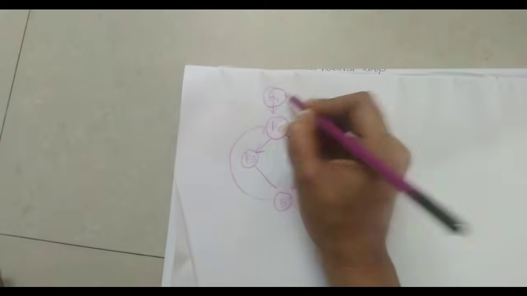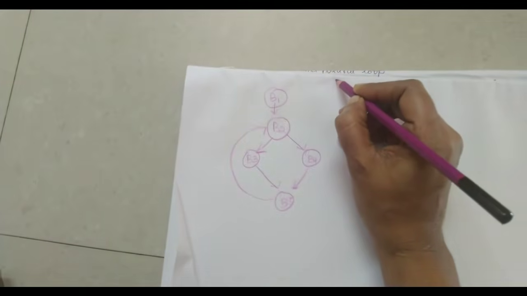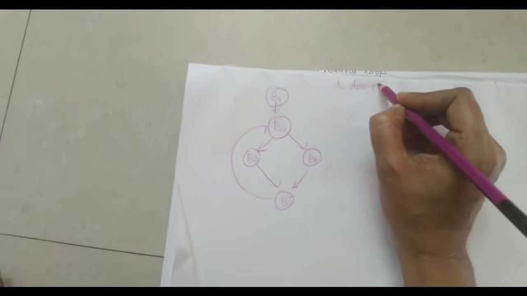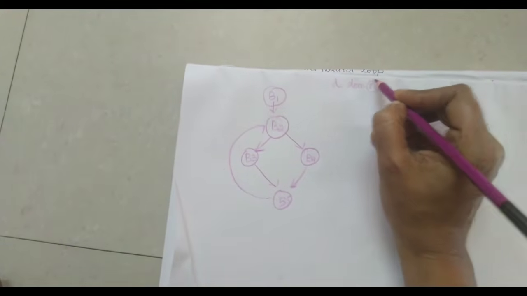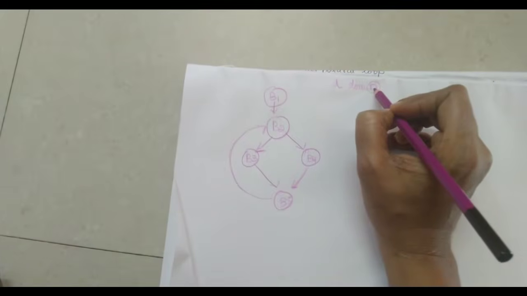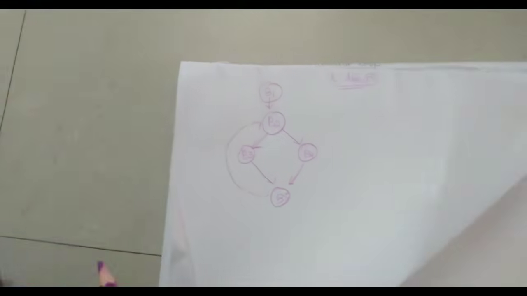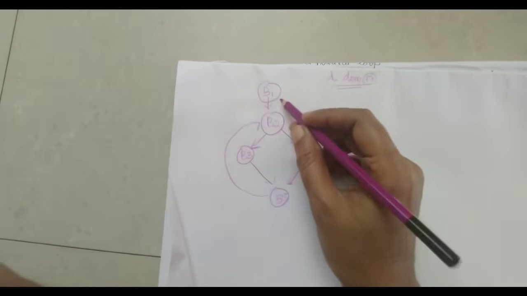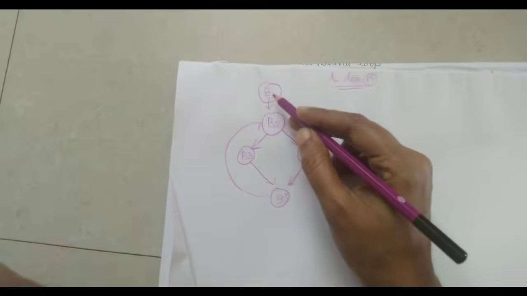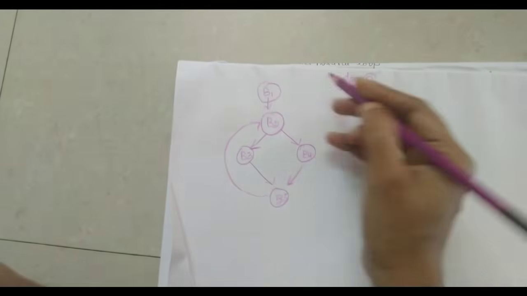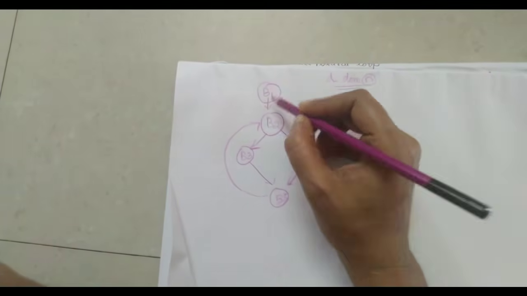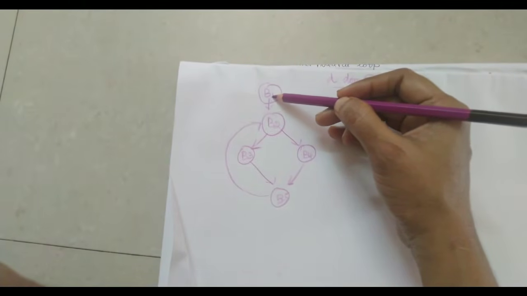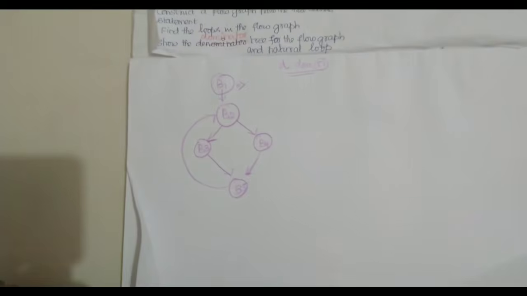So what do you mean by that? How to find the dominance? If you want to find the nodes which dominate a given node, the formula is D dom N. We have already seen that rule. So every node dominates itself, that is also a rule we have seen. Now let us find out. From B1, the initial node dominates all nodes.